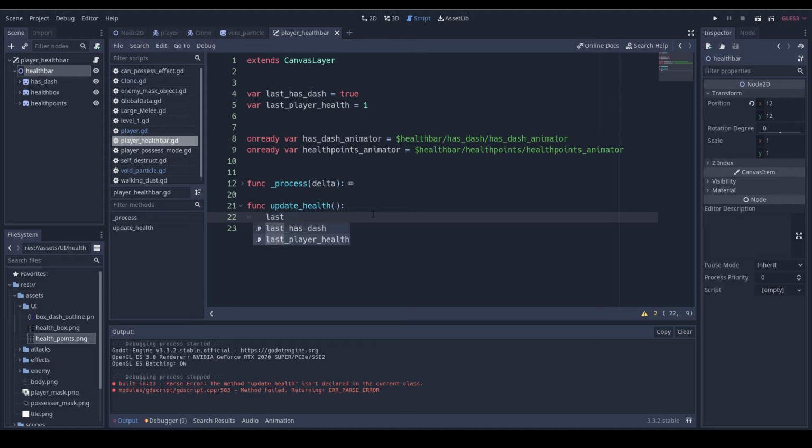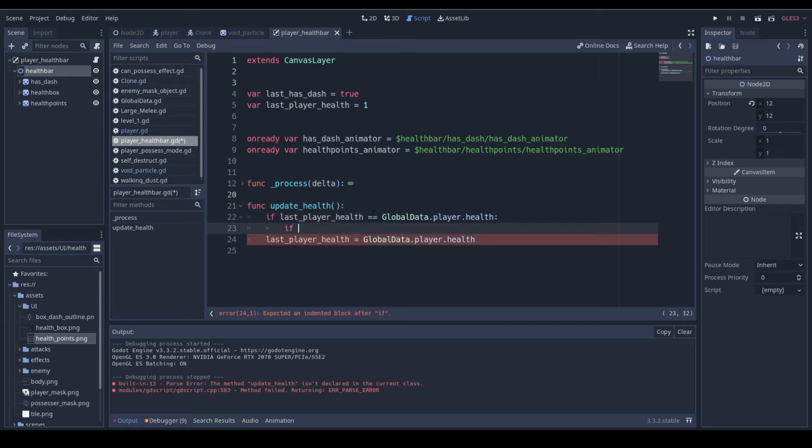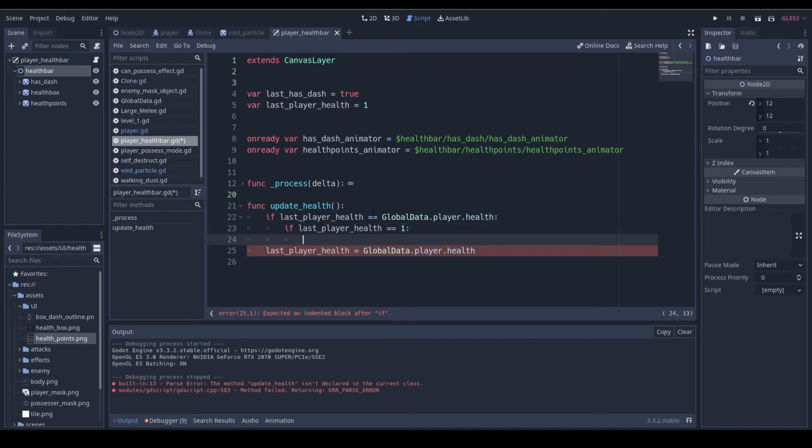Then we'll do last player health is equal to global data dot player dot health. Okay, and then now what we'll do is if last player health is equal to global data dot player dot health, so it hasn't changed, then we'll do if last player health, sorry, last player health is equal to 1, then health points animator dot play 1,